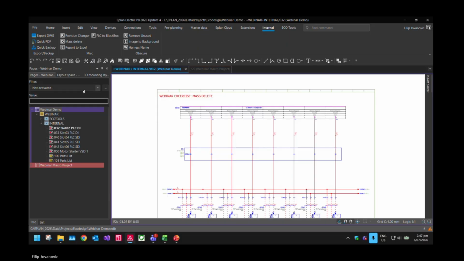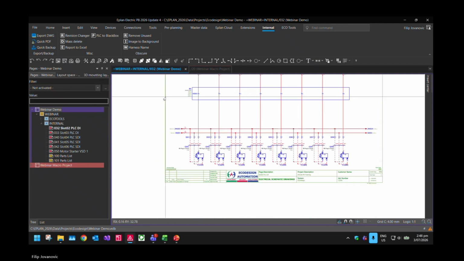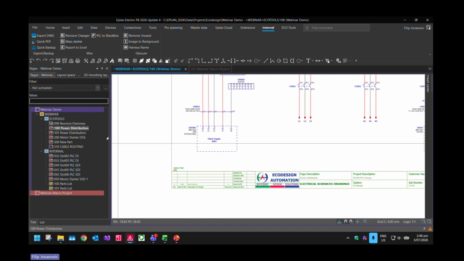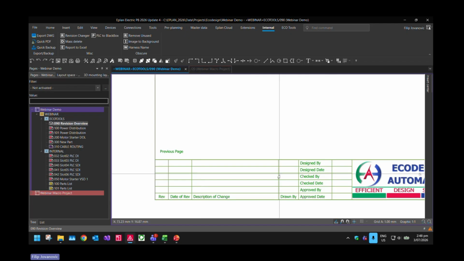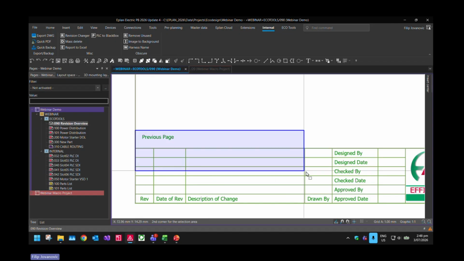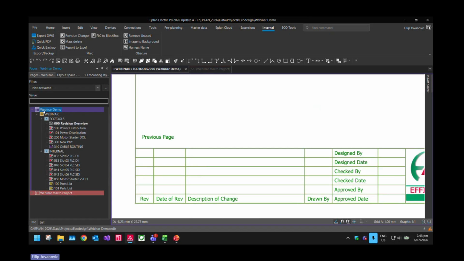Okay, now onto the miscellaneous. The next one I want to go over is the revision changer. The revision changer allows us to update these revisions down here. At the moment, this is specific to the Ecodesign configuration. Of course, we are happy to share how we do it with you. But anyway, I select the project,